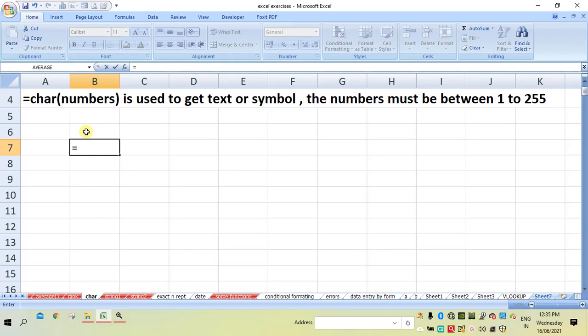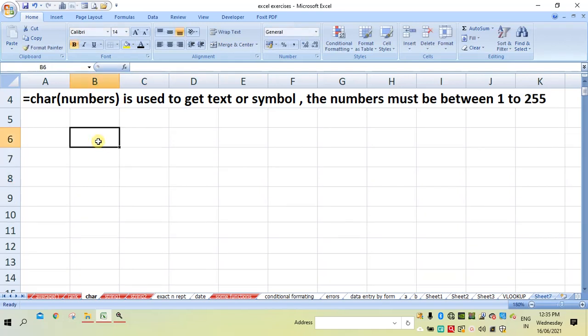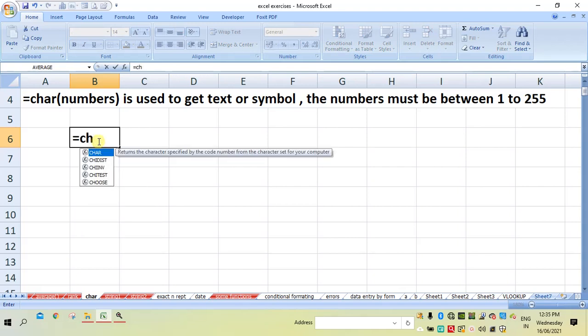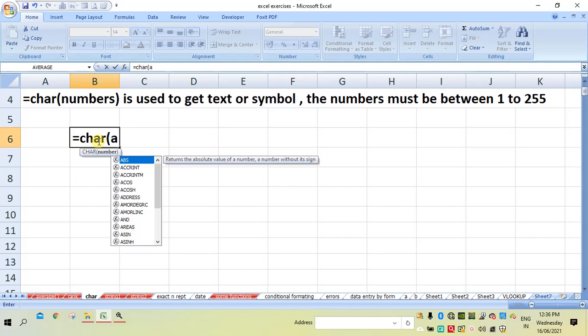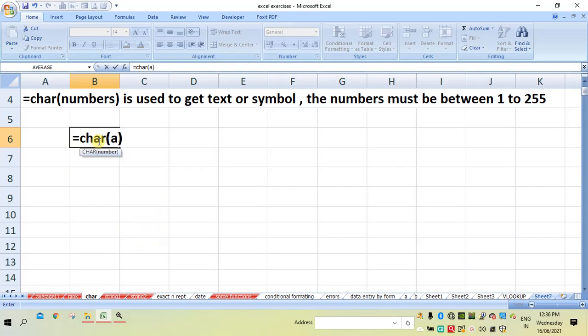Equals char in brackets, say the number is 65.